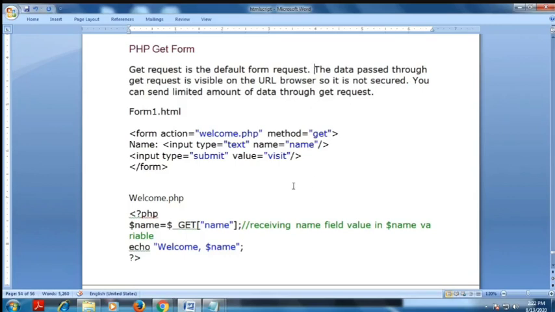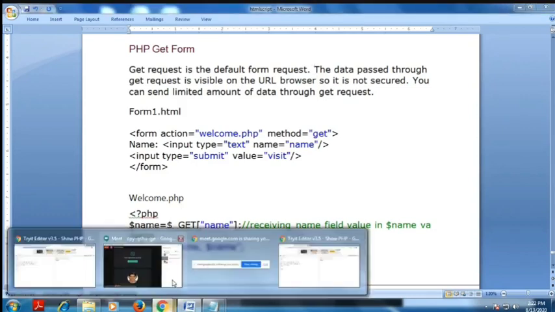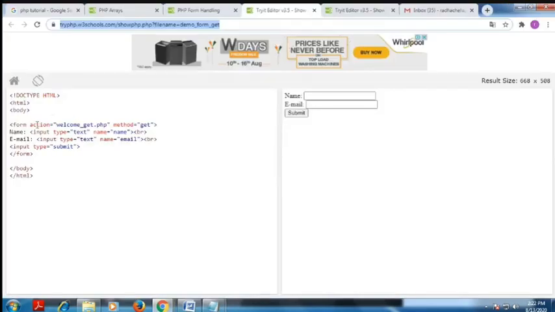You see the example. To understand this GET form, before that we want to know how to create a form, then how to write the script of the form. First, I have to create the HTML form. You already know the form tag, then close it in HTML. Once again, see the example here. In HTML, you see the form, then I put the name: input type is text, and name equals name. This is one of the text boxes. This is the label, and this is a text box.